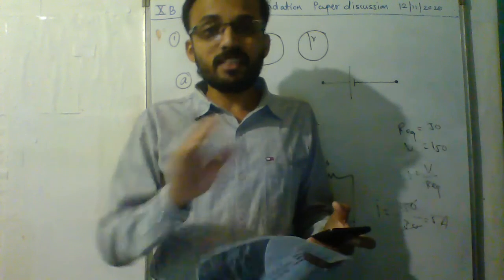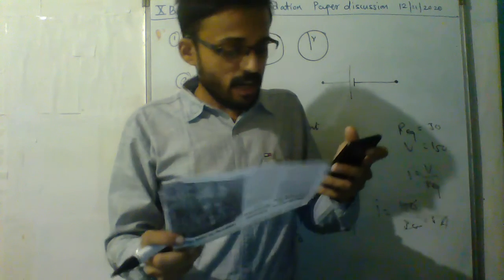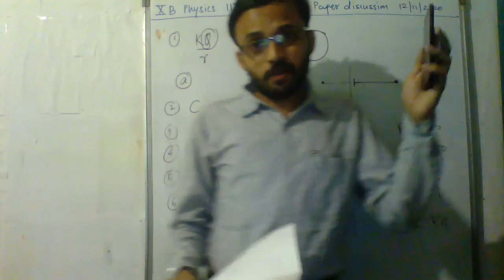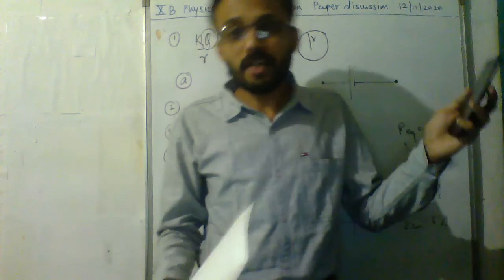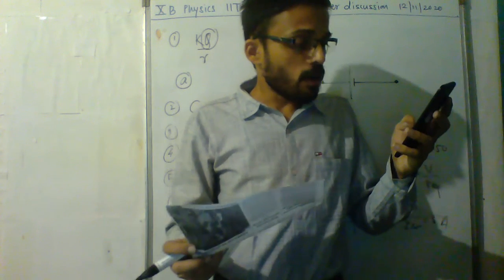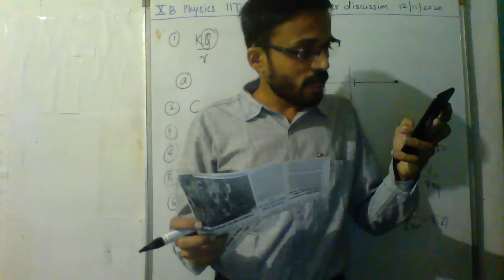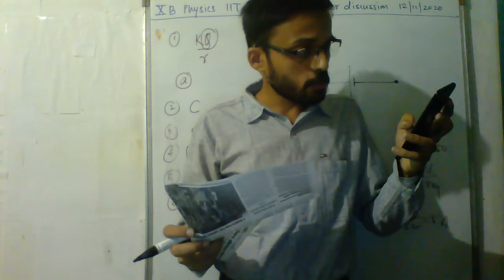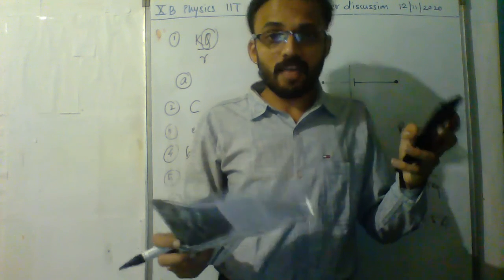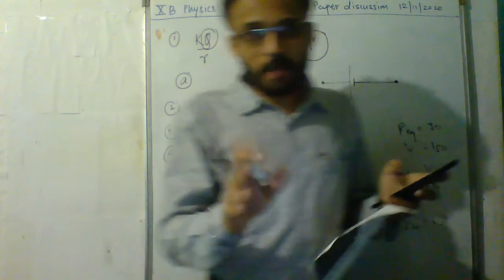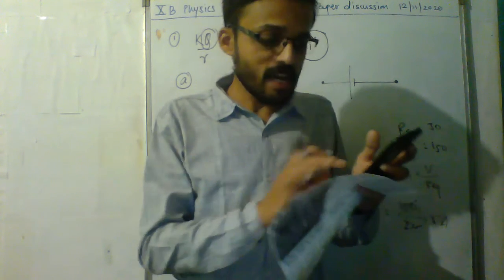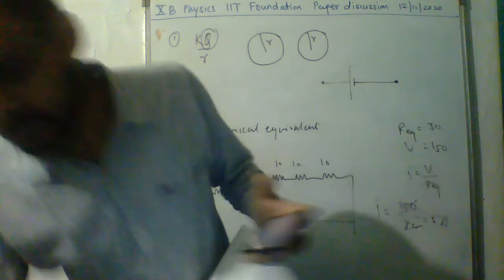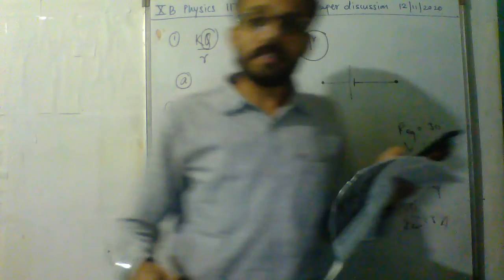But V is equal to I into R. So here, for the step down, down means it first takes a higher voltage and converts it to a lower voltage. So here, in question 12, current and voltage. Step down transformer steps up dash and steps down dash. Of course, the voltage will step down because it is a step down transformer. So whatever it is, directly it will step down the voltage, and for current it will step up.